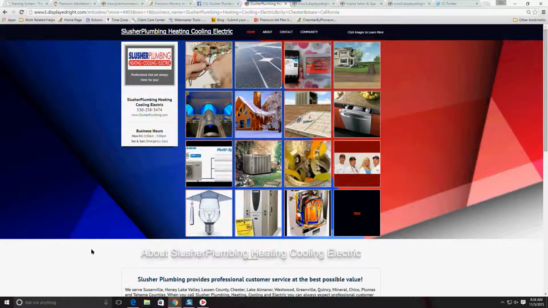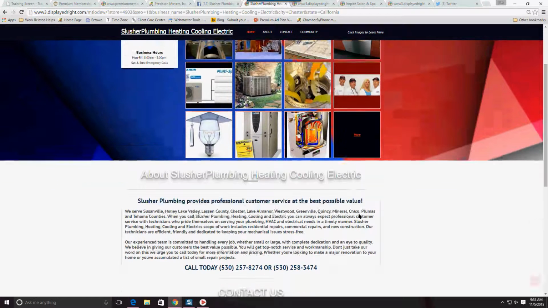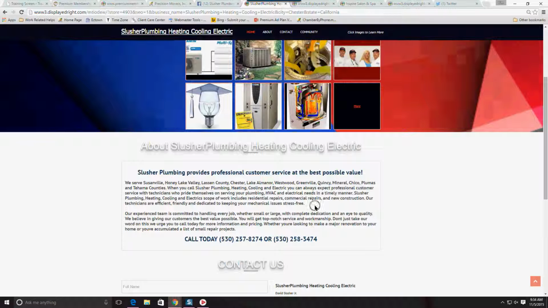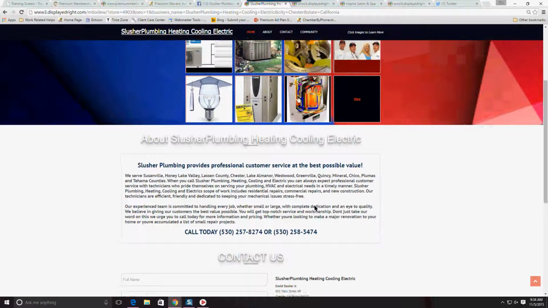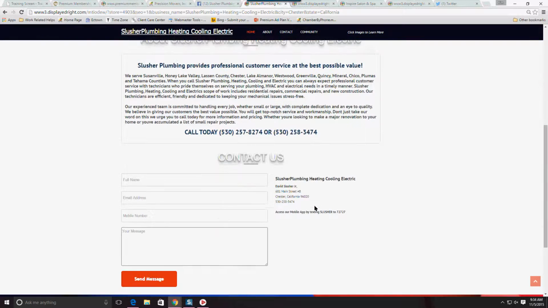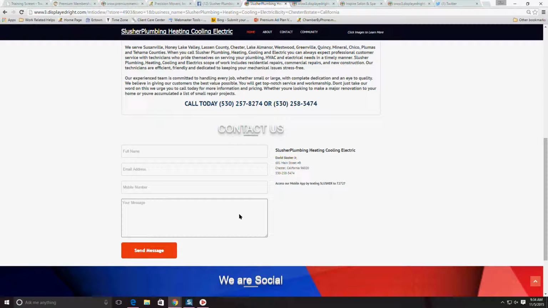This is the main template for these storyboard websites, where you have a business card to your left and your displays. If you have more than 16, because I believe the site only allows 16 on the home page, it creates a more button where you can access the rest of your displays. Then if I scroll down, you have an About Us section, which gives a brief description of your business. There is a contact form that individuals can fill out, and it will be sent to your email address.